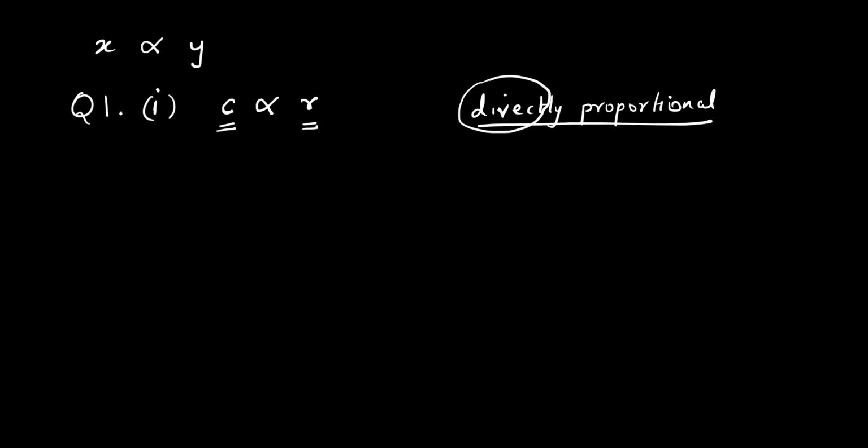In the second part, in question 1, this was the first sum. Now I'm looking at the second sum. They're telling us the consumption of petrol. Consumption of petrol means how much petrol is used in the car. That they are showing by L. Itna petrol ka usage ho raha hai. And the distance traveled by the car D. They are only giving us the letters. L stands for how much petrol is used. L I'm assuming stands for liters. D is how much distance the car is traveling.